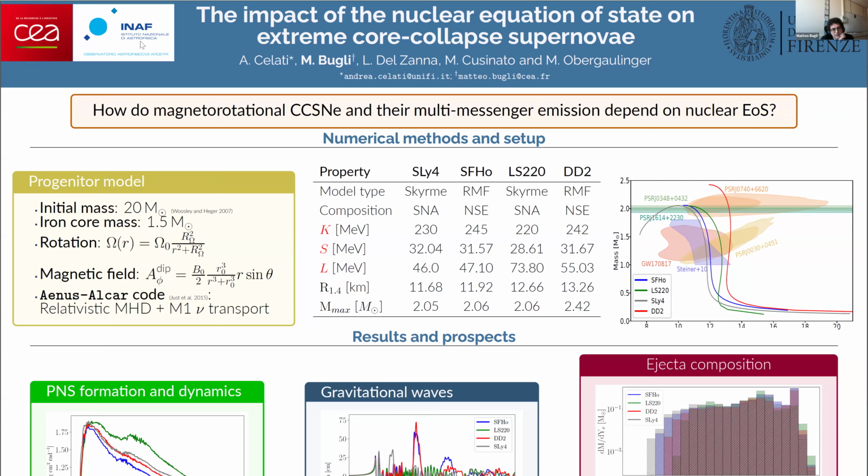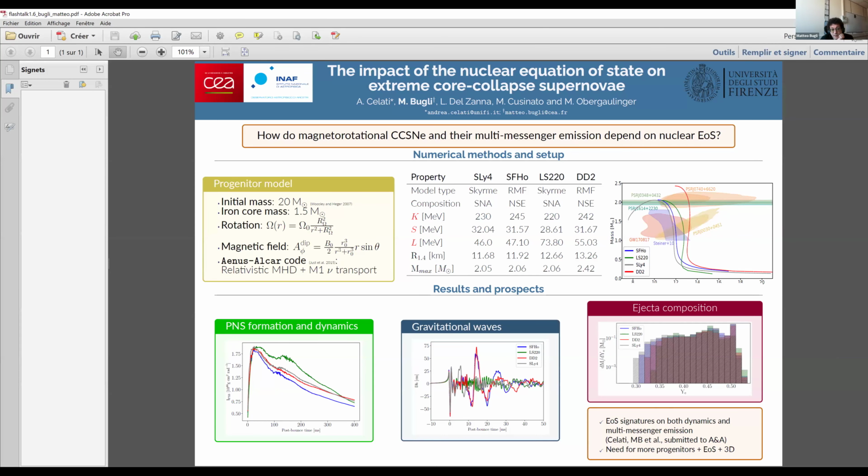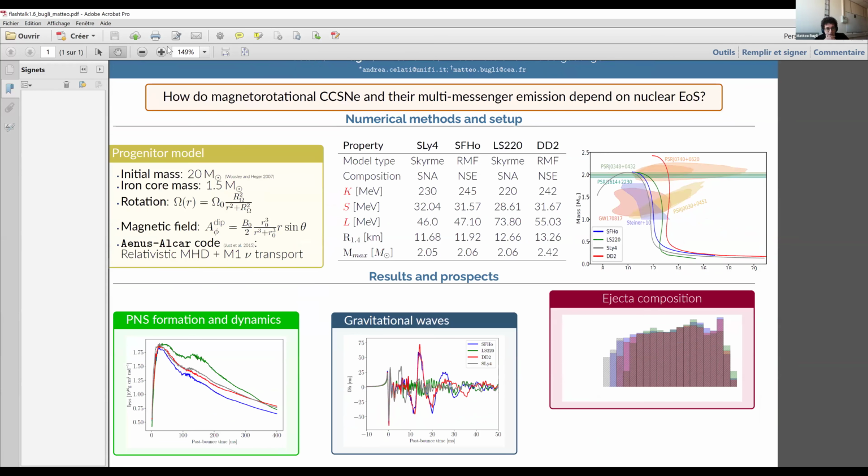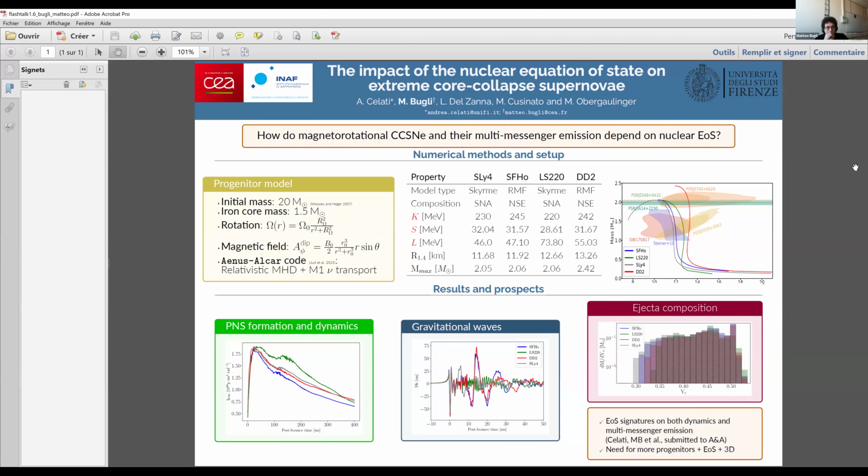So here in the yellow box, you can see the properties of the progenitor that we studied. So a typical core-collapse model with a very massive iron core, on top of which we overlapped strong rotation and intense magnetic fields, and Andrea performed simulations using a relativistic MHD code, with sophisticated neutrino transport. You can see also a summary of the different equations of state that we considered, and on the plot just on the right, the mass-radius diagram that gives you a sense of how stiff these equations of state are. So they differ in many different parameters,